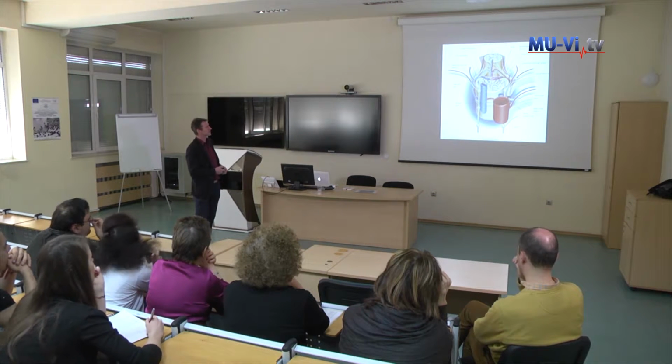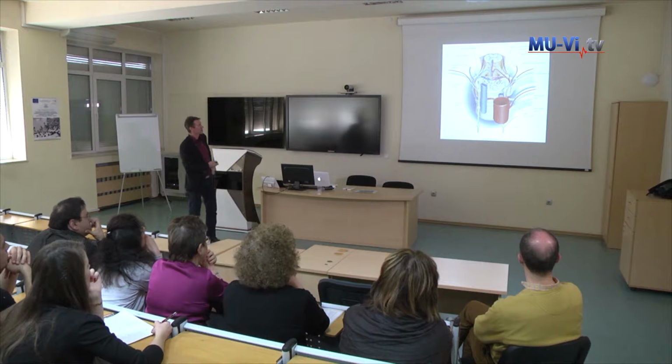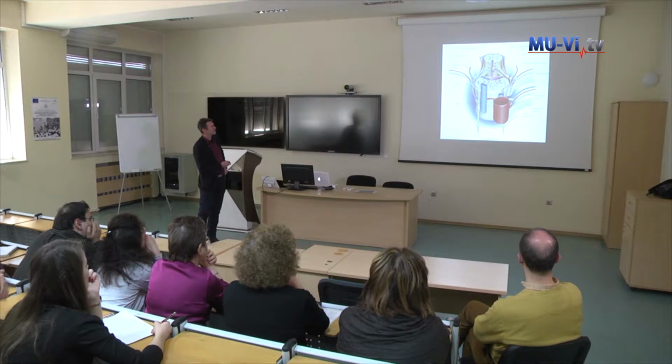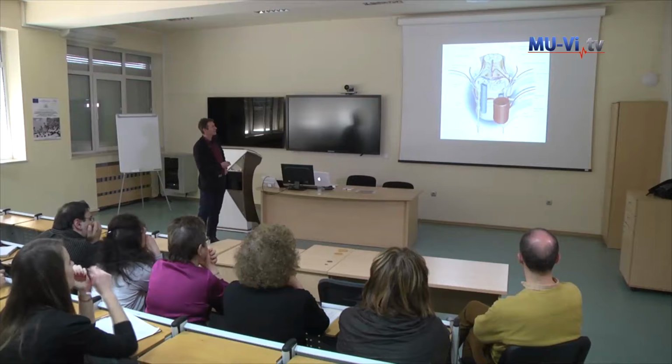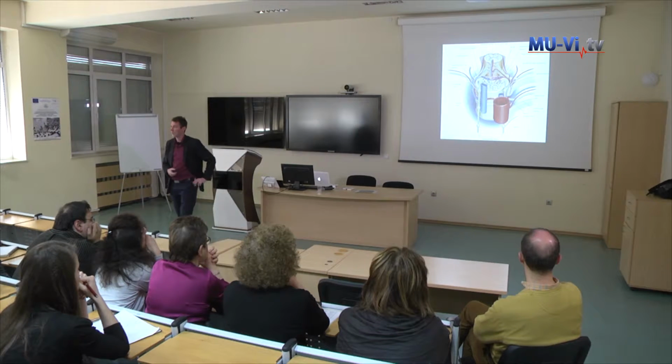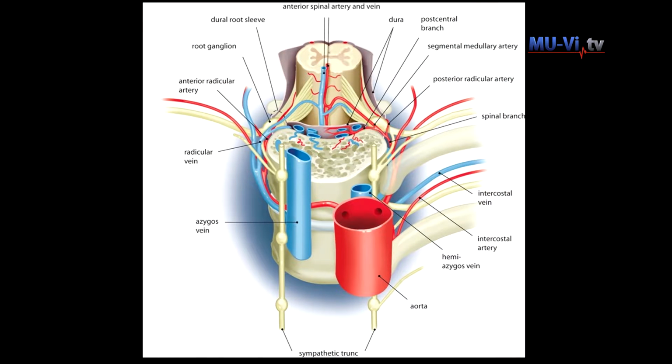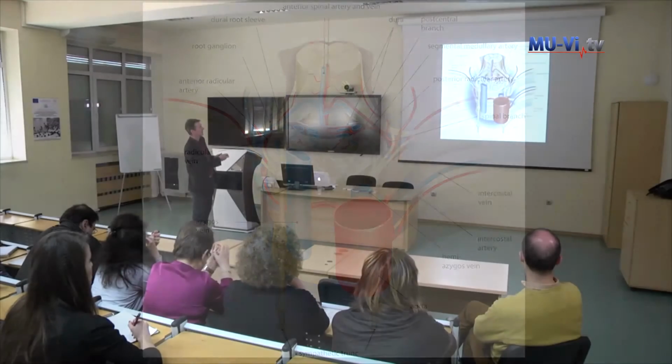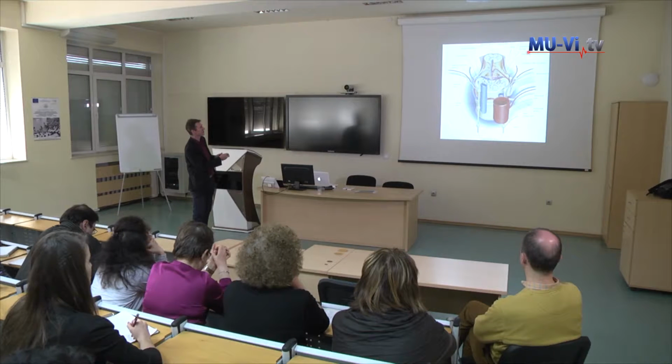So in detail it looks a bit like this. This is the spinal cord, the anterior spinal artery over here, and then 1, 2 posterior spinal arteries. This is the aorta, this is the segmental artery, in this case an intercostal artery. Here runs another one, and this gives off a spinal branch which goes inside the vertebral canal to supply the vertebra and the dura. Of course, it supplies the roots by so-called radicular arteries, and those radicular arteries stop here, but